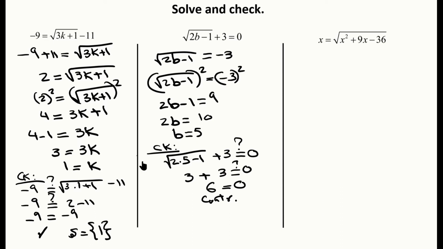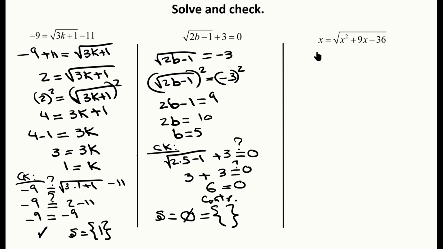Therefore, the only number that could have been a solution, namely 5, appeared not to be. Not surprising to us because we had already figured out in the beginning that there would be no such real number. So at this time, we say the solution set is empty. We can write it in both of those manners. All right, so